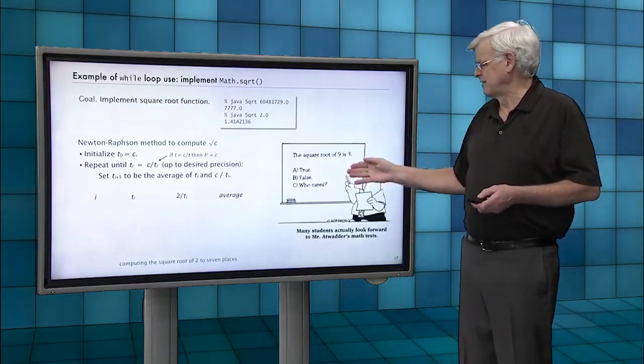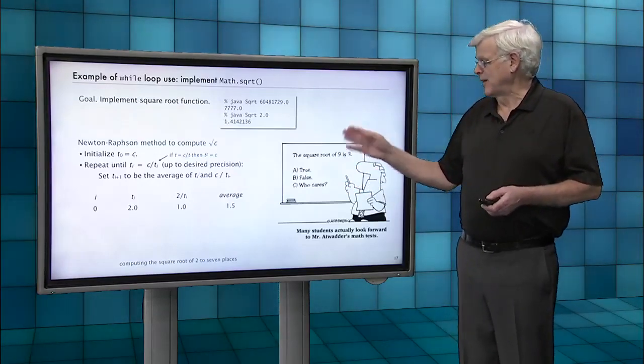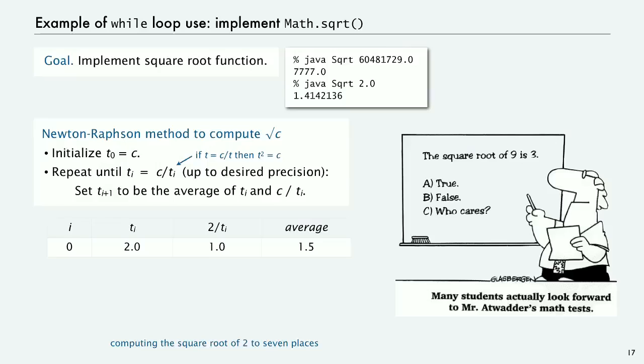Here's an example for the square root of 2 to 7 places. We start with i equals 0, t sub i equals 2, initializing t0 to c. 2 over t sub i is 1, and then we average, and that gives us t sub 1. So 1.5 is our first approximation to the square root of 2. Then t sub 1 is 1.5. 2 over 1.5 is 4/3, 1.333. And if we average those, we get